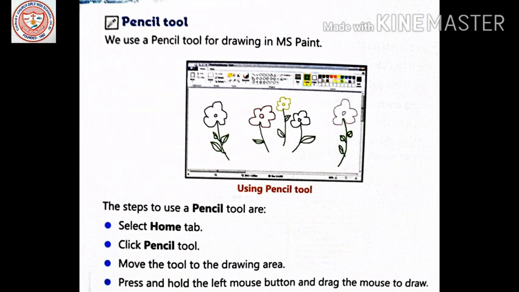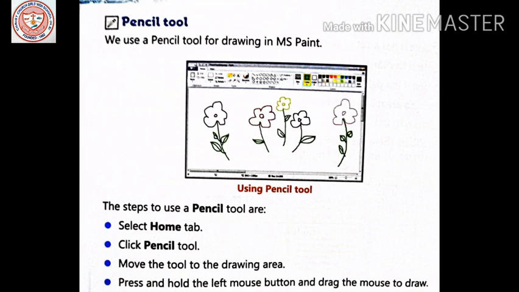We use a pencil tool for drawing in MS Paint. Using a pencil tool, you can draw a flower. You will practice how to use the pencil tool and how to open MS Paint, everything we are going to learn today.